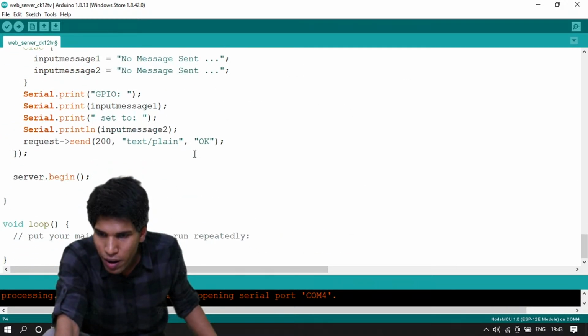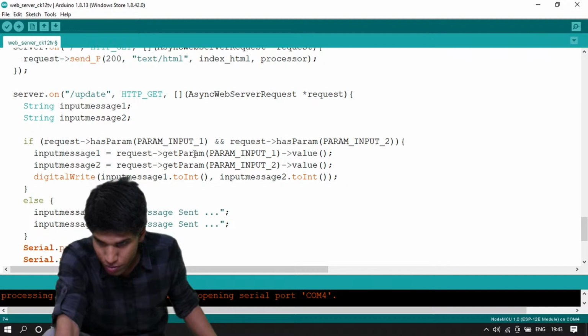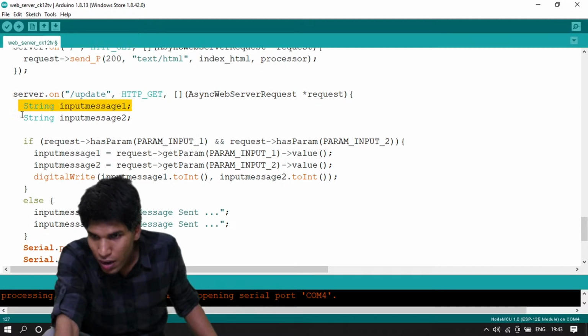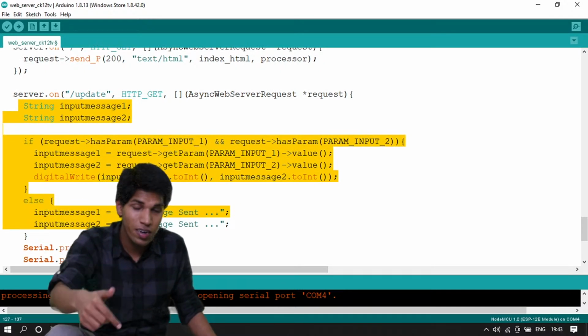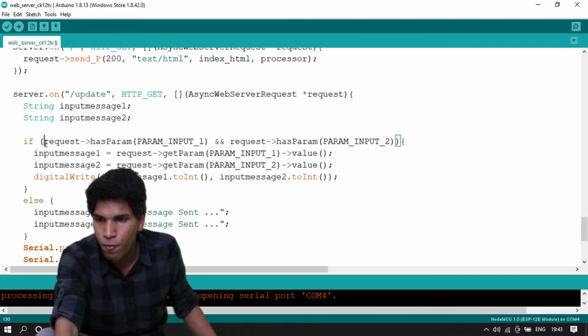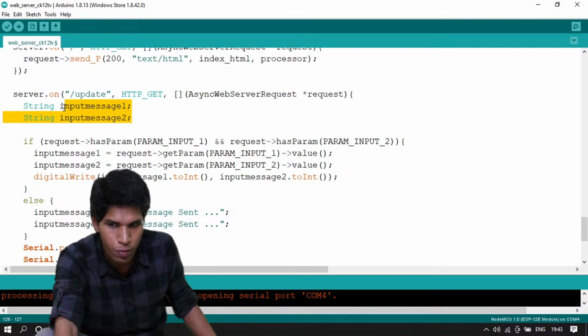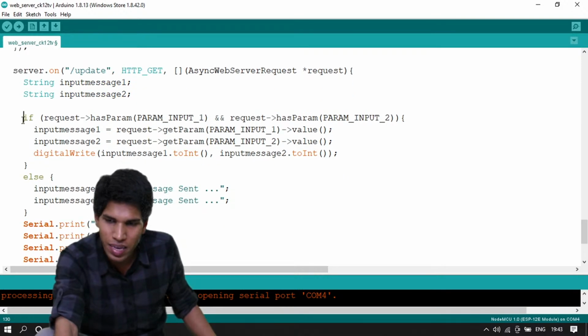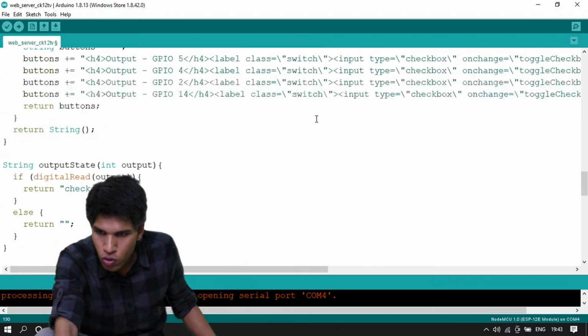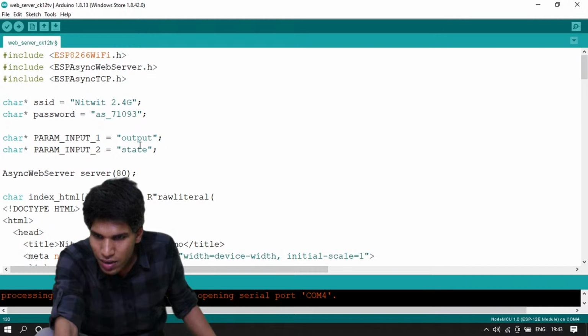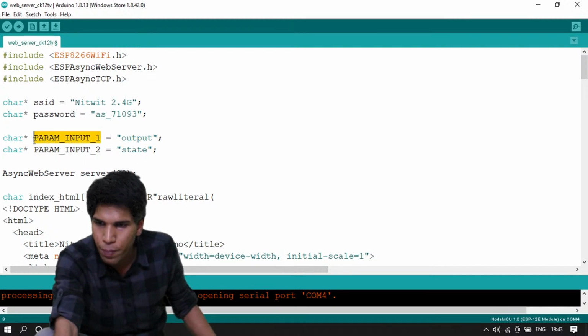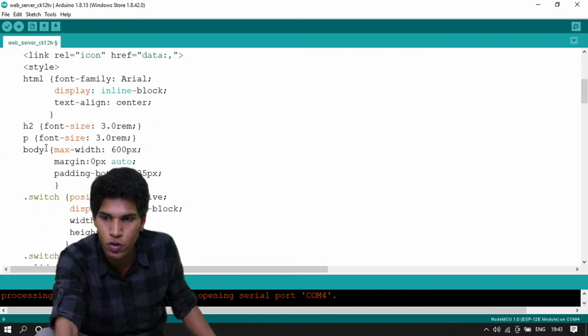So whenever my circuit gets the request, what it's checking is, we are defining two variables, inputMessage1 and inputMessage2. I'm saying that if my request has the parameter input 1 and parameter input 2, because you'll notice that the output and state variables were defined in param input 1 and param input 2 here.